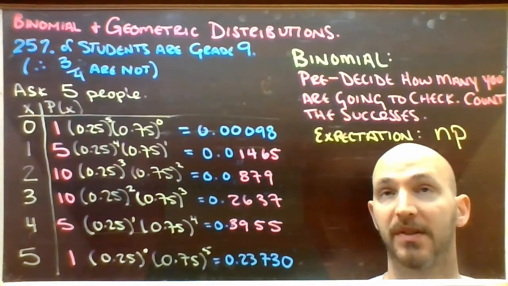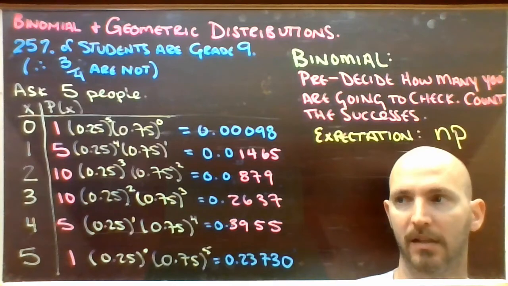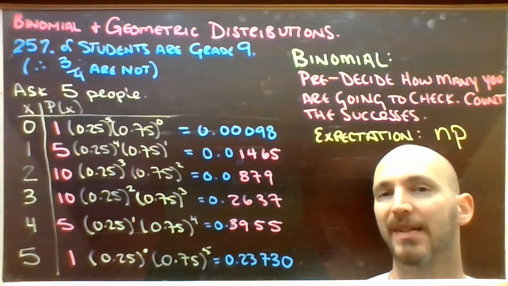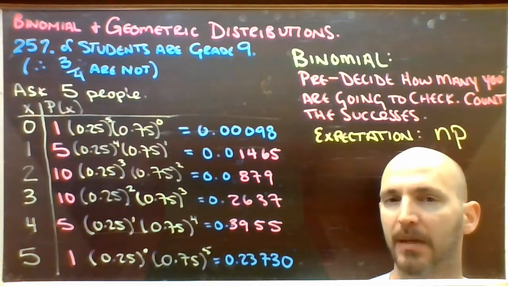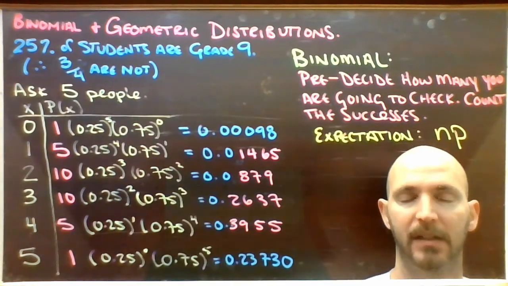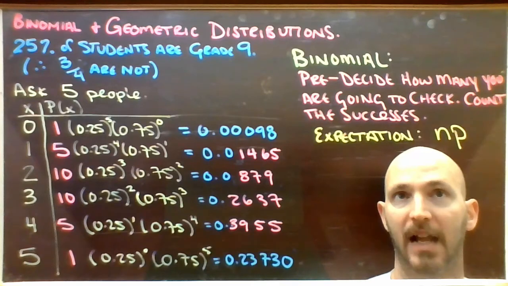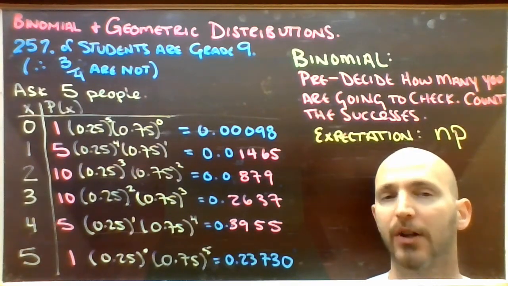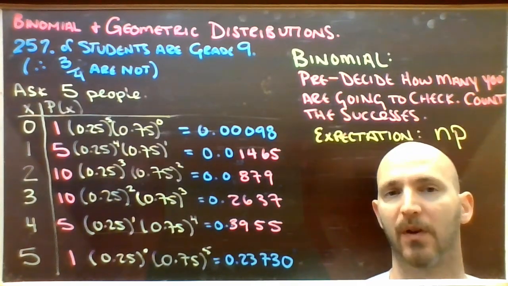So the binomial distribution is used to model a situation where you decide in advance how many people or how many objects you're going to sample. In this case, it was 5. And once you've decided how many you're going to check, all you're doing is counting how many of those meet